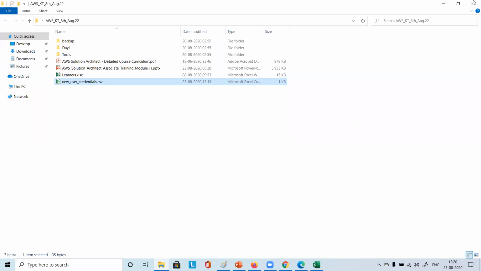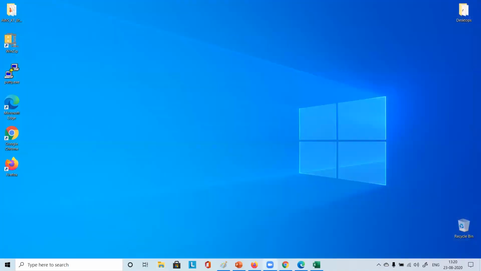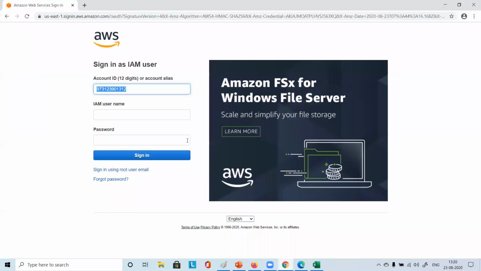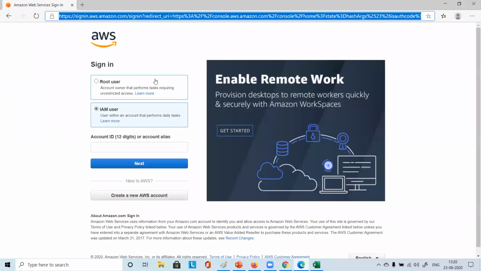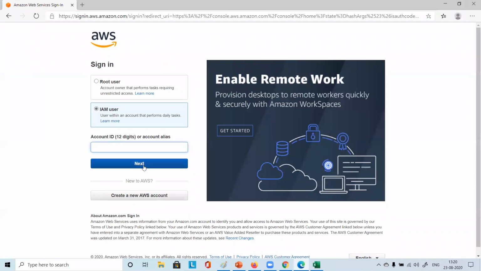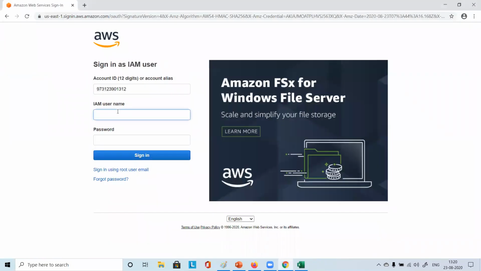Okay, I'm able to log in now. Perfect. So you logged into that account. Okay, good. So what I will do is I'll keep this. Here you have the option. You can put the account ID, do next, and then enter that. So here I have the username. What was the username? Dave user something, right? Dave user one, I think. Dave user one, right? So let me put the password.